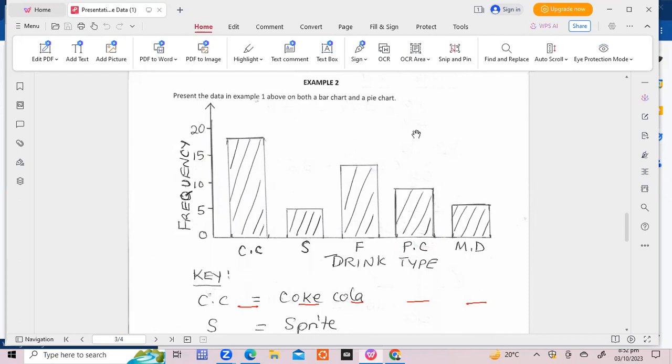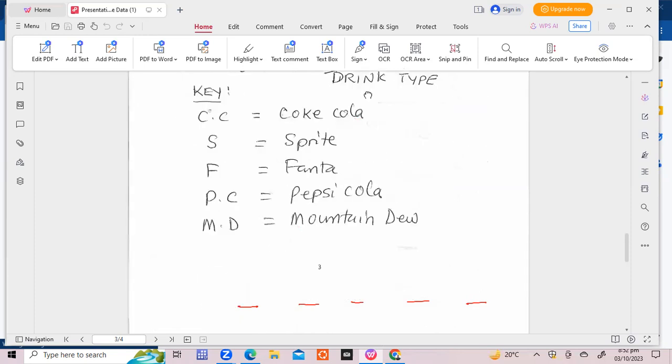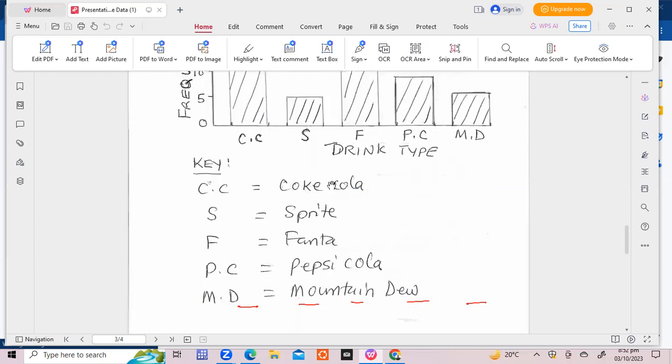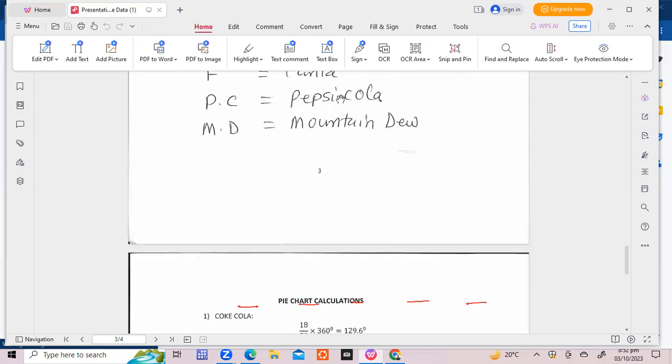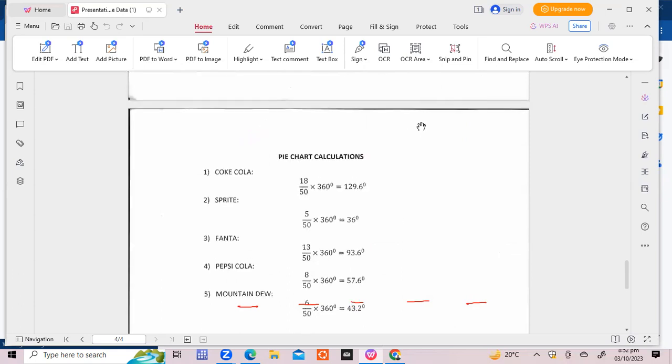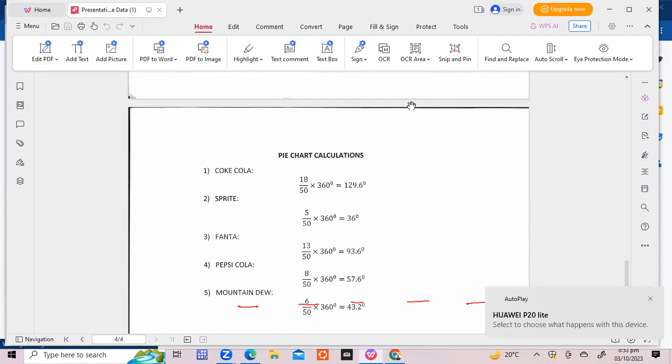Okay, so since there are no questions, we can now go to the pie chart. What's important when you are dealing with a pie chart is the relative frequency. If you look at it, these are the relative frequencies for each drink. A pie chart is the one that looks like a circle like this. So we have to